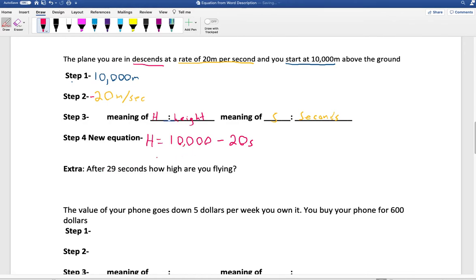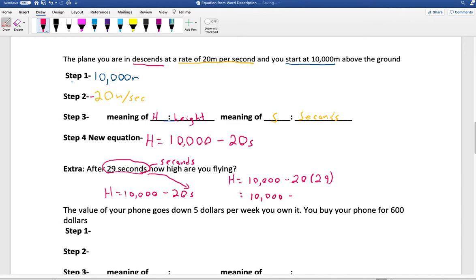So here's a question using my equation. After 29 seconds, how high am I flying? So my equation is this: H equals 10,000 minus 20s, and this here is my seconds. So I'm going to replace the S with 29. So I write this out again. H equals 10,000 minus 20 bracket 29, which equals 10,000